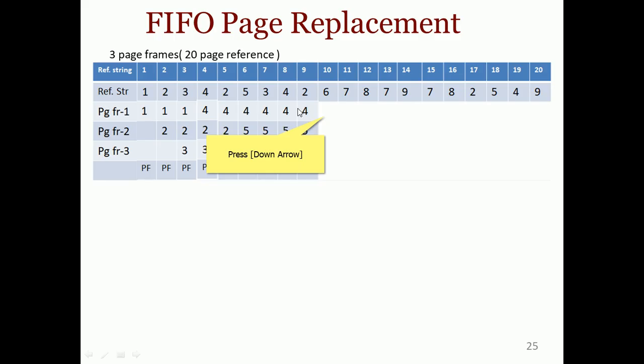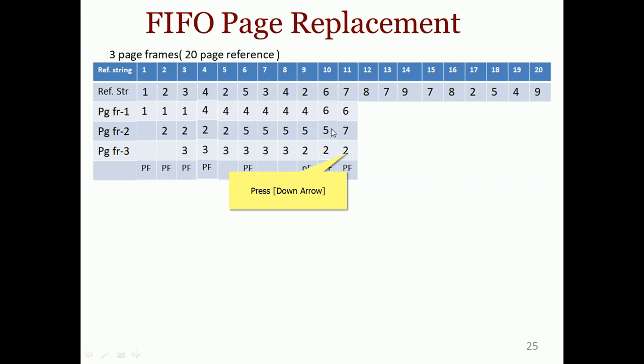Page 6 is essential, right? Because no such page is available here. So we need to replace the oldest page, which is 4. Okay, 4 we have to replace, and in its place we keep 6. So 6 5 2. Next the 7th page is demanded. This page is not available, so we need to bring in the 7th page. After bringing it, we place it where the oldest page is, that is the 5th page's place. So it becomes 6 7 2, right?